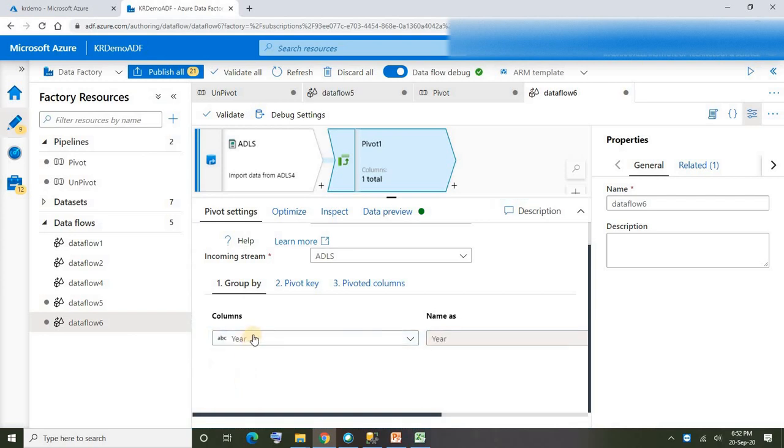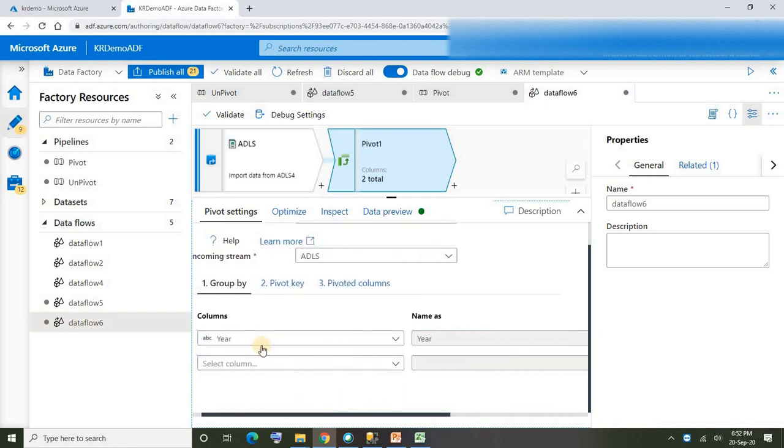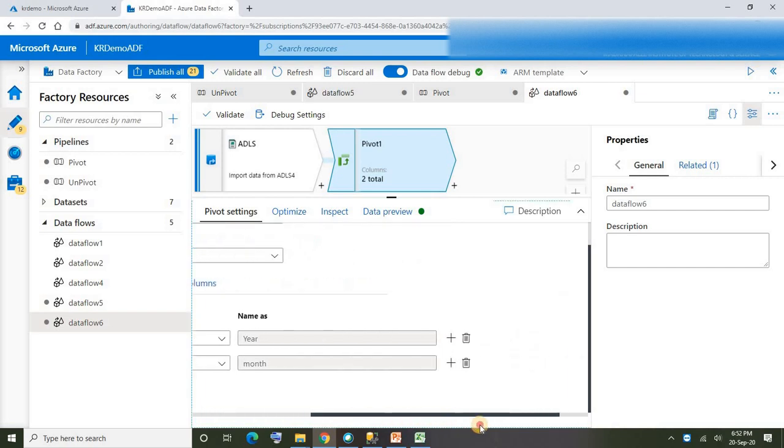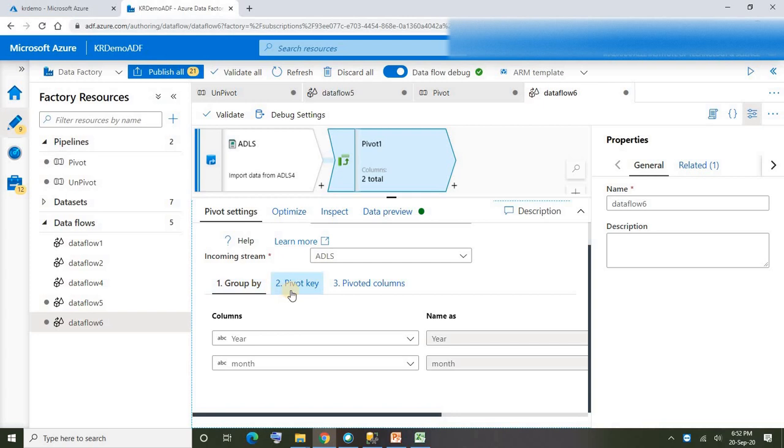I'm going to use year, not changing its name. Let me keep the same name and just add one more column, and this time it is month. That's it. We are done with our group by tab.